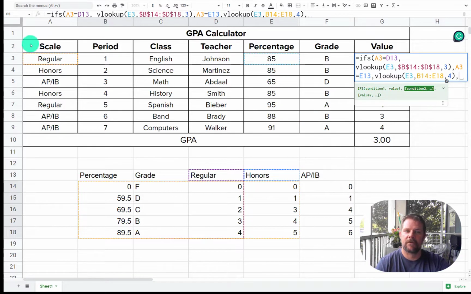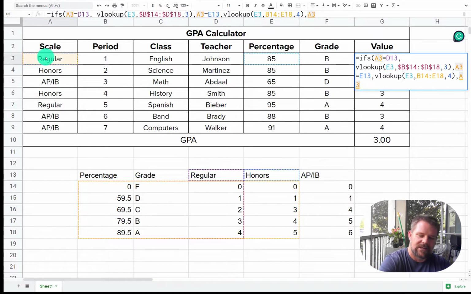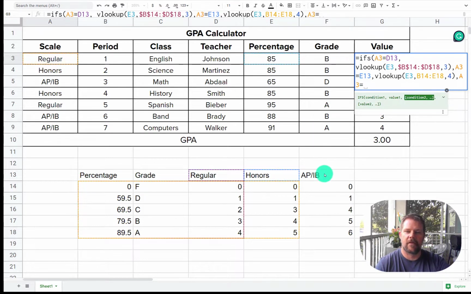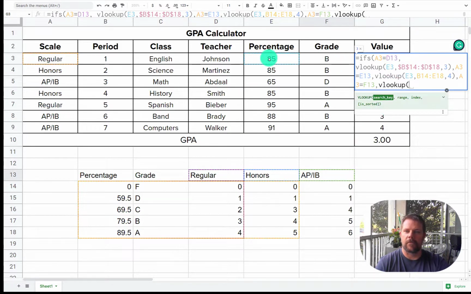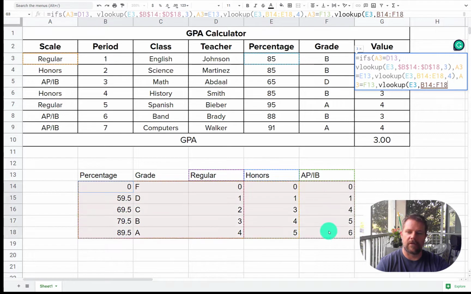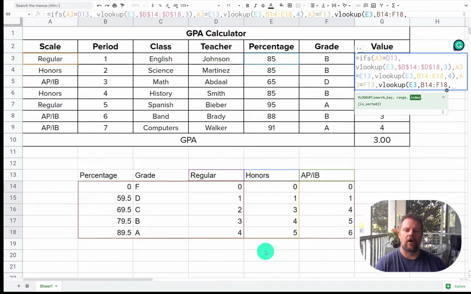So if A3 equals F13, if it says AP/IB, then we'll do the same VLOOKUP again. VLOOKUP, we're looking up this percentage, comma, using the same range. We're going all the way over to APIB this time. And then we're putting a comma and saying, well, what column do we want to output from? 1, 2, 3, 4, or 5. We want to output from the APIB column, so we're going to press 5, and we will press enter, and